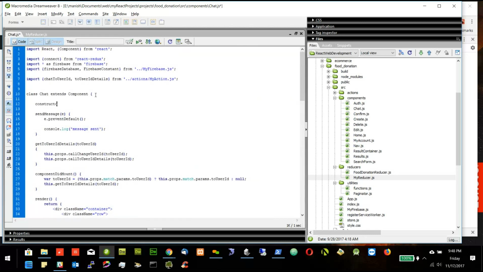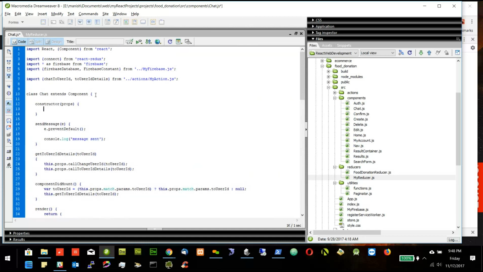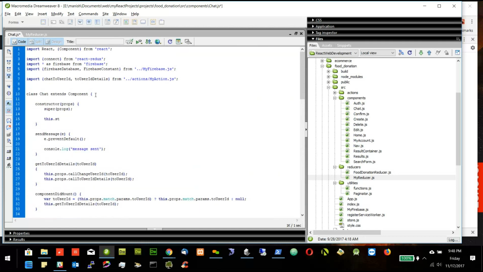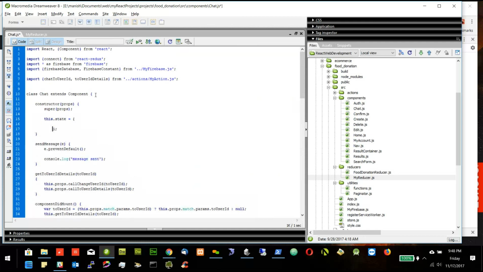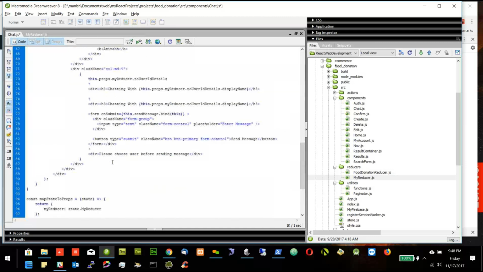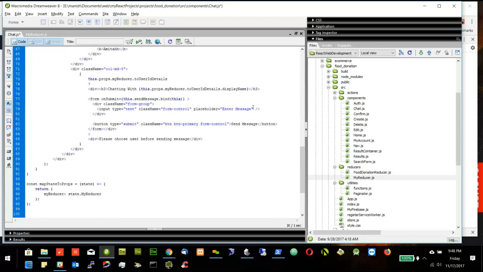I will say constructor props, super props, this dot state is equal to. So I will create the local state variable, and it will be message, and I'll put an empty string in it. So whenever user will change something in the input box, I will say value equal to this dot state dot message,